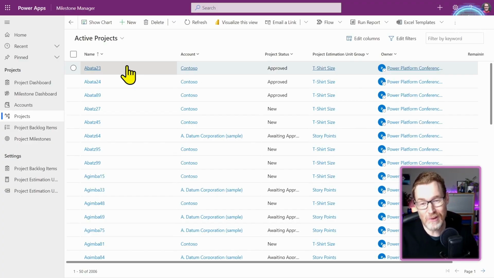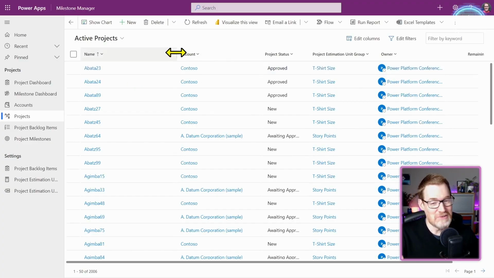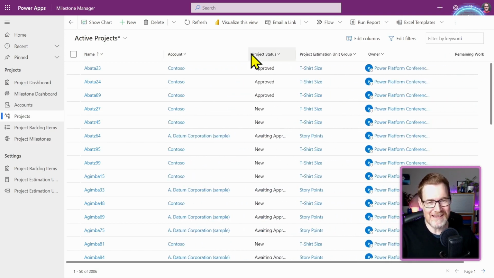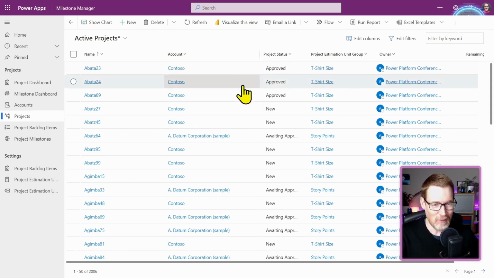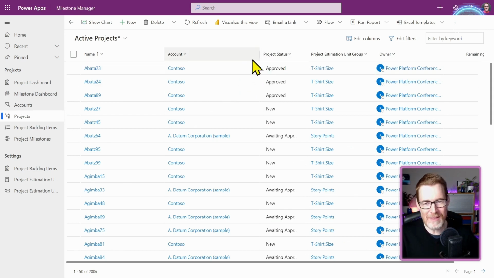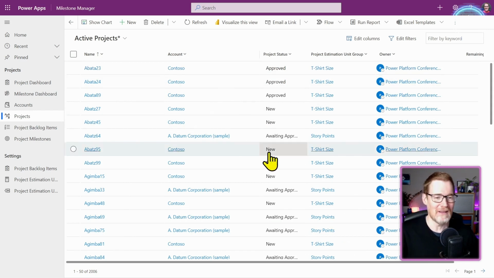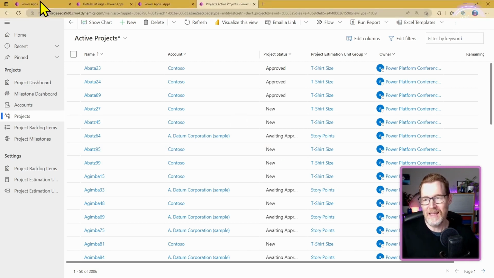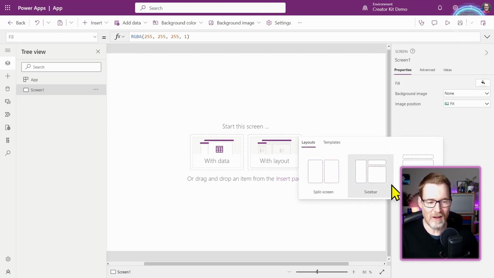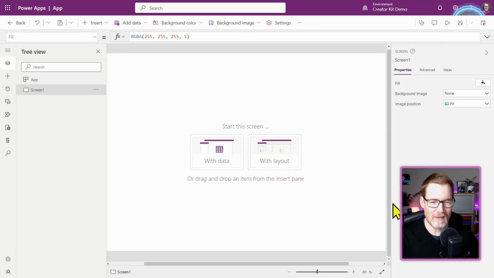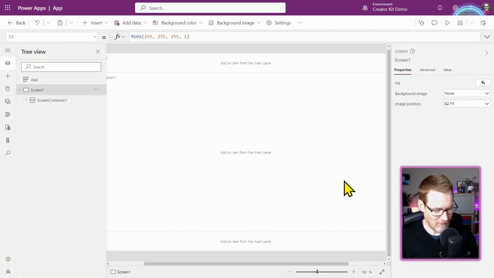Now, if you've used model-driven apps, you'll know that you can create grids like this very easily just using the metadata of the tables. You can add a view, add the columns in, move them around, change the width, and change what sorting and what filtering is happening. So it's built into that semantically driven, metadata driven, model-driven approach. But in canvas apps, it's a little bit more problematic because we start from more or less a blank canvas. So I'm going to start with a very simple layout here, using the responsive layout.